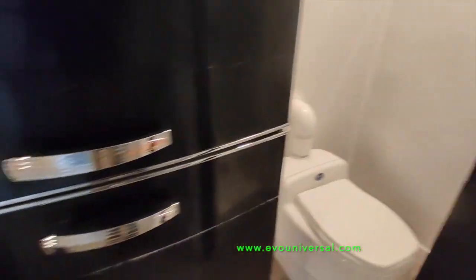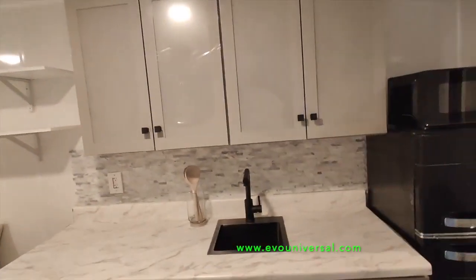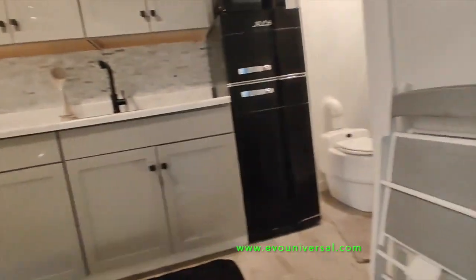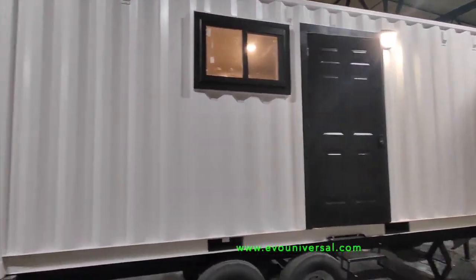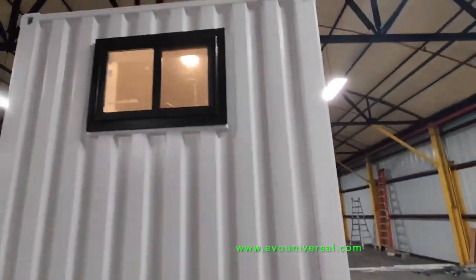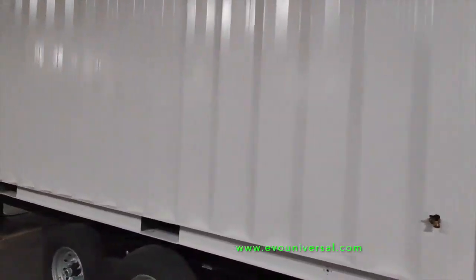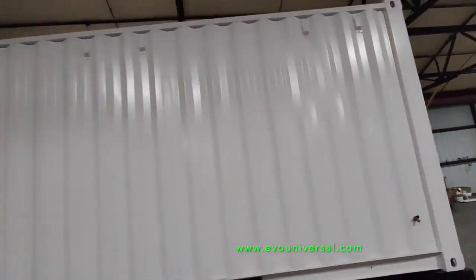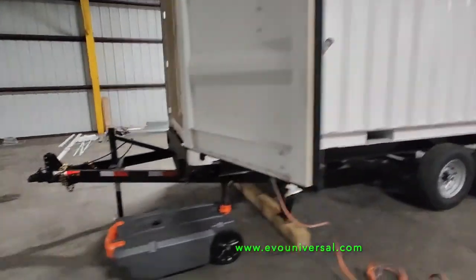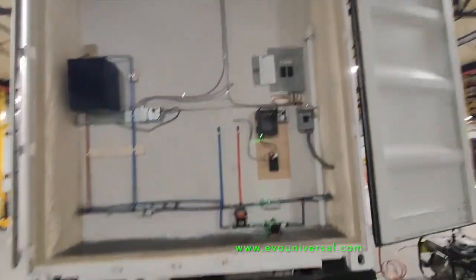Our Evo CHOWs have many features: 148 square feet of heated living space, studio with private bathroom, composting toilet, no need for black water tank, tankless water heater, triple axle trailer, 15,600 pounds rated with electric brakes, full lights and RV leveling jacks, closed cell spray foam insulation on the floor, walls, and ceiling. Full-size front door with deadbolt lock, aluminum windows, waterproof luxury vinyl plank flooring, full kitchen, cabinets, fridge, countertop